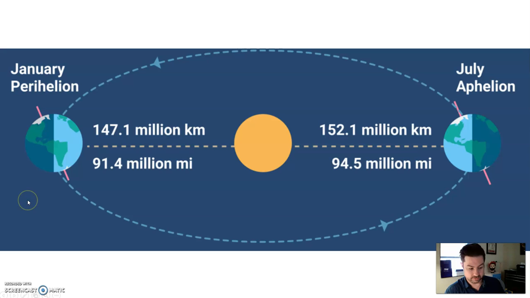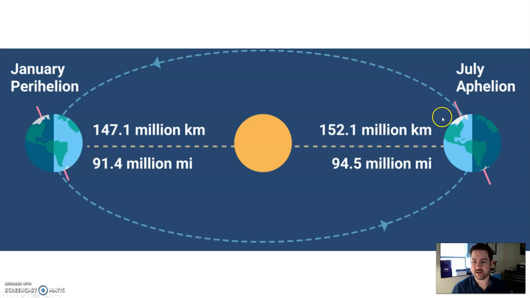So please don't ever say that during the summer it's hot because we're closer to the sun. No, the Earth is not closer to the sun. In fact, in July, we're actually further from the sun than in January. So how close or far away we are from the sun has nothing to do with the weather or the climate or the seasons. That's the tilt of the Earth. That's something completely different class too. But in any case, just something to think about.